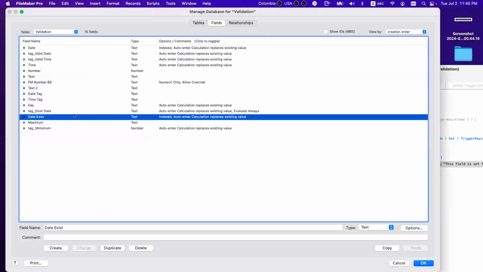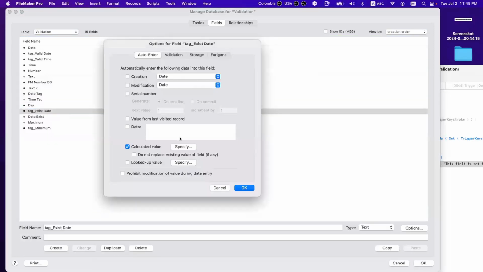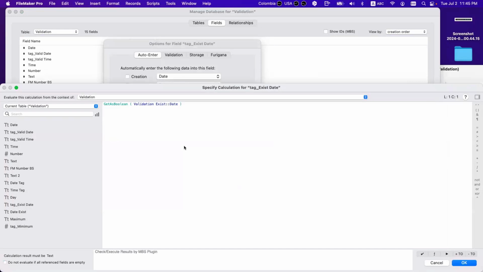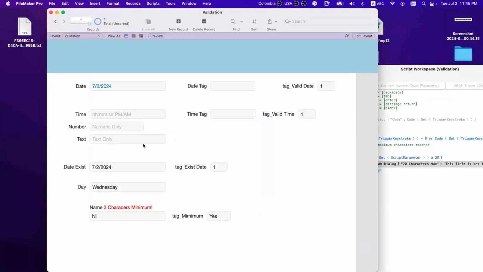But in the same manner, I can also have a tag that says this. The tag says exist, yes. Exist, no. The 4th of July not existing, so it's not validating it. So you have two things here.